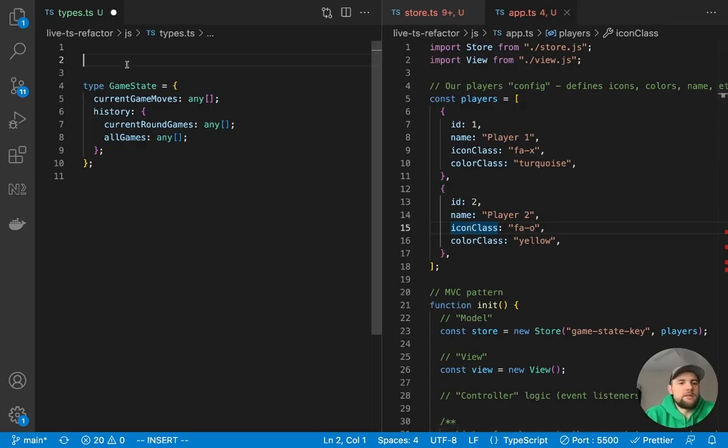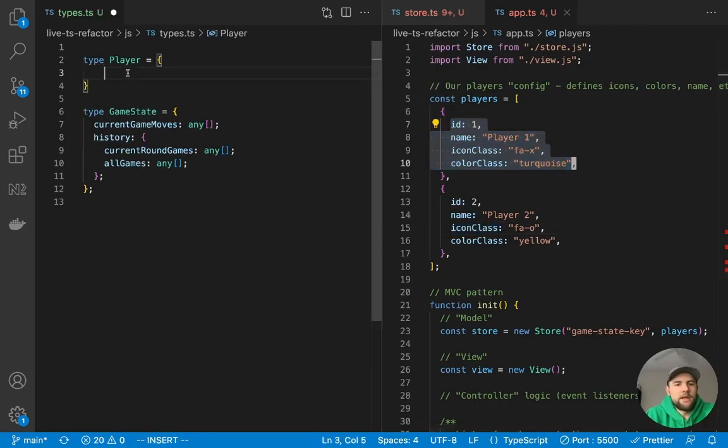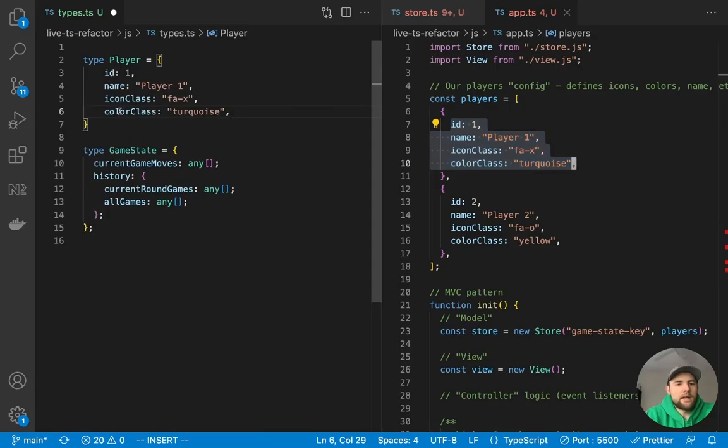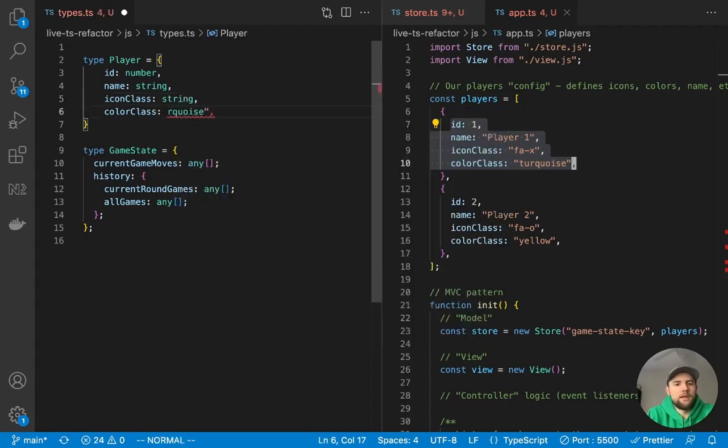So we can give this a representation of Player. And a Player is going to have an id, a name, an iconClass, and a colorClass. Now these are the actual values, but we want to give these a type. So the id is going to be a number type. The name, Player 1, is going to be a string type. The iconClass is also a string type, and the colorClass is a string type.